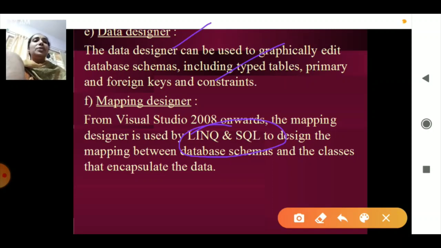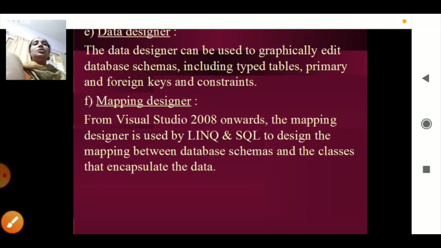I have to gather everything, integrate everything, and make it into one whole project. That is done by the mapping designer. All these concepts are involved in Visual Studio. The drag and drop facility, linking from one website to another, table to table, everything is done in Visual Studio only. So it has multiple advantages over other frameworks.